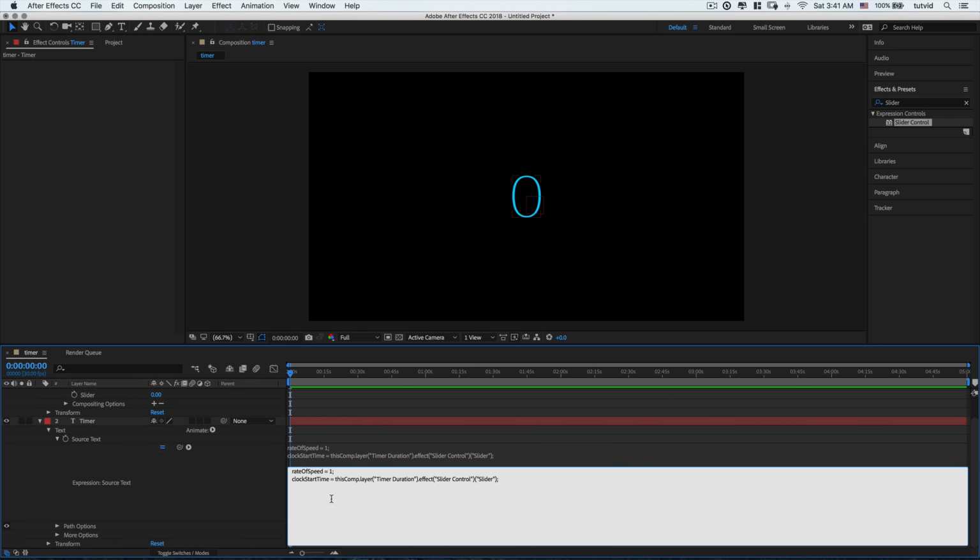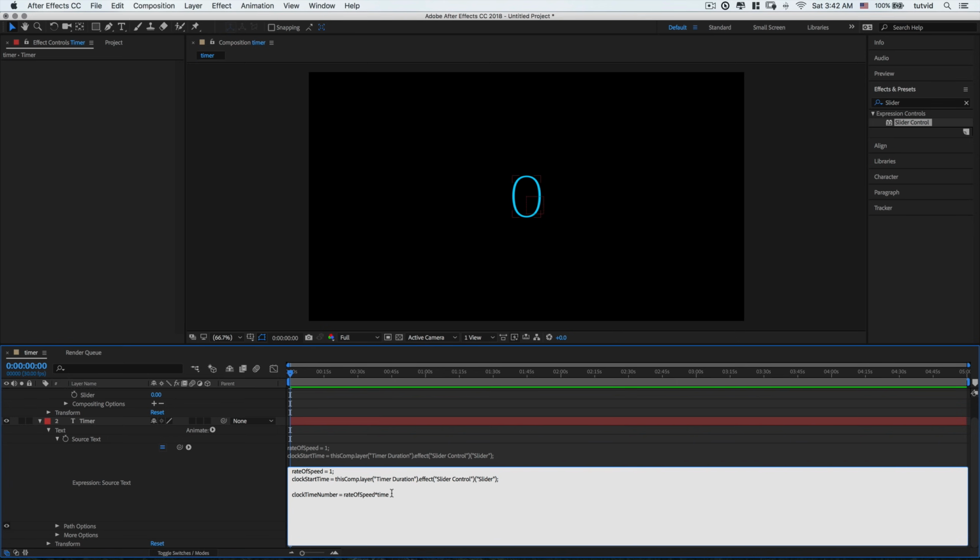Down here, I'm going to create another variable, and I'm going to call this clock time. I'll call it clock time number. And I'll say, look, clock time number, you're going to be equal to my rate of speed. So rate of speed, that's that rate of speed variable. Really, that's basically I'm typing the number 1. But you're going to be the rate of speed multiplied by time. So whatever the second is at which my playhead is, that's what you're going to be multiplied by. So 1 times 1 is 1, 1 times 2 is 2, 1 times 3 is 3, and so on and